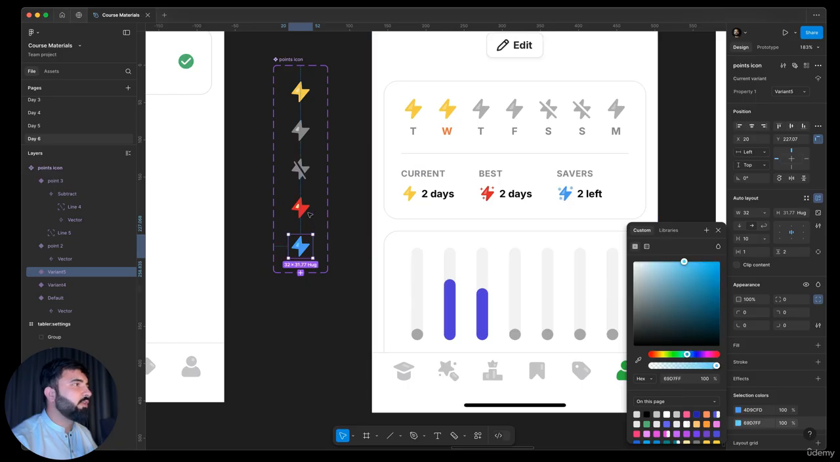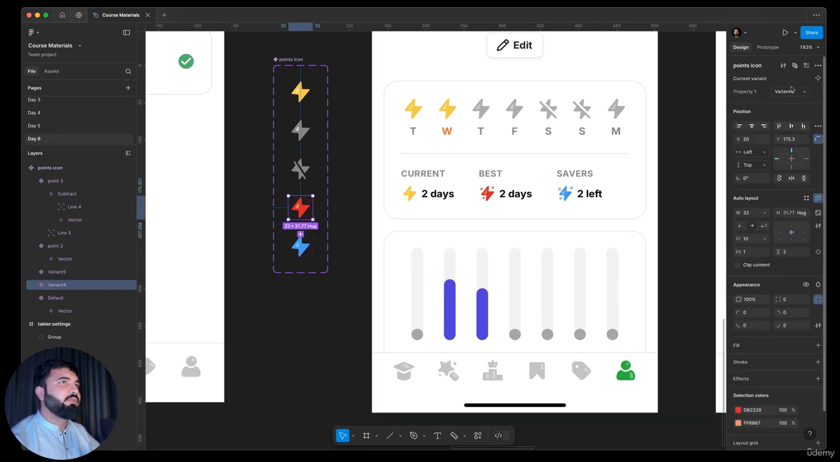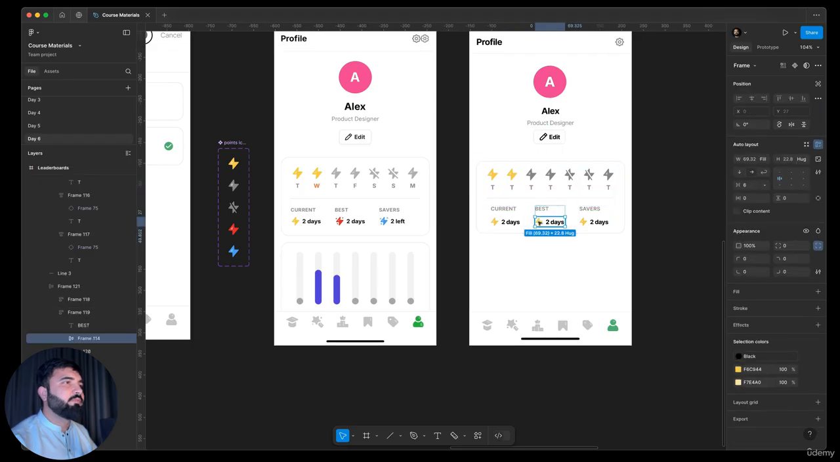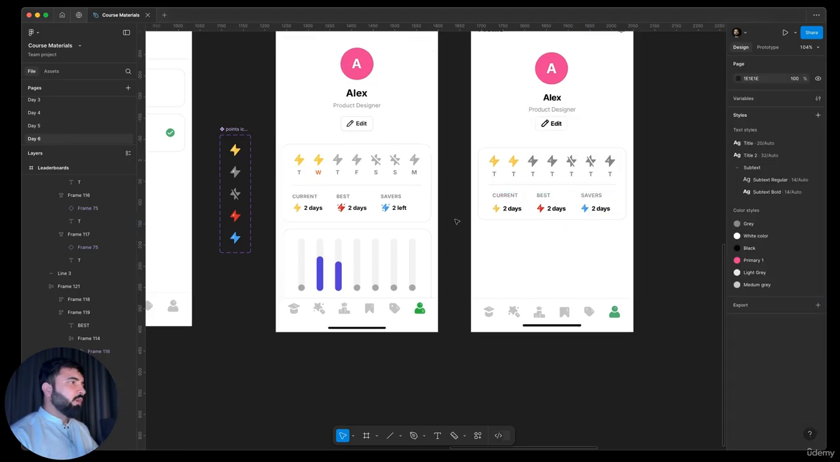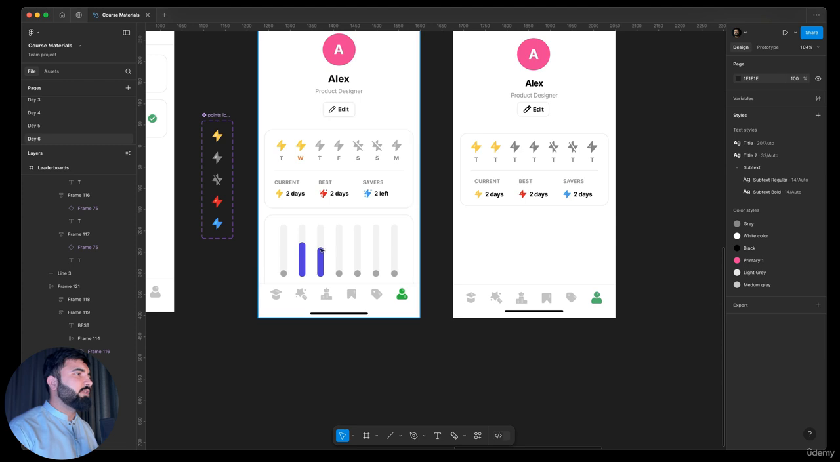perfect. Now let's select this one, and let's make it red, and it should be like this. Wonderful. So now let's make it red, and this one should be blue. So now let's make this red, and this one should be blue. So you got the idea of how you can change different variants,